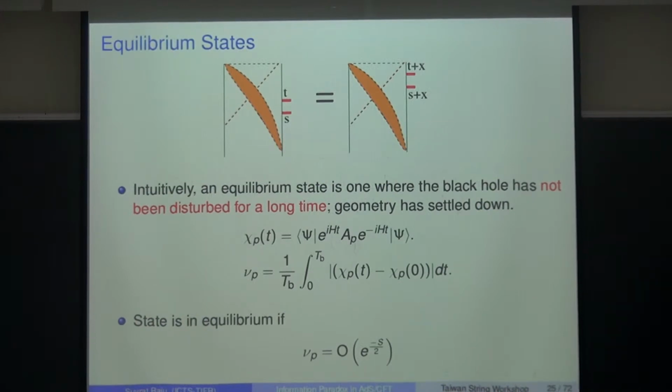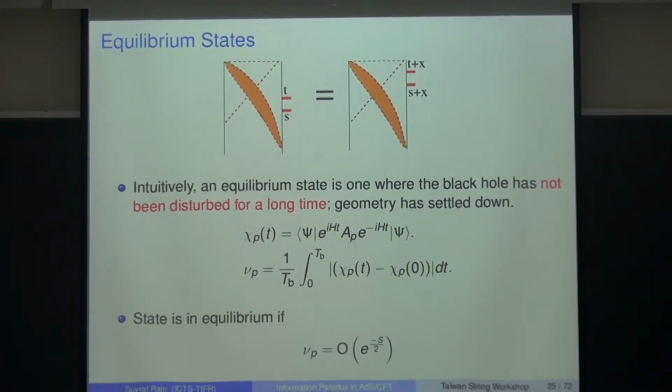If you look at some generic state of the CFT, it has the property that if you look at the variation of correlators with time, so you can measure the variation in terms of seeing how much this correlator varies at time t and at time 0, typically this variation is suppressed exponentially. Okay, so if you take some generic state, it's very time translationally invariant. This is just a fact about statistical mechanics. And a state that satisfies this, which is almost all states, are equilibrium states.